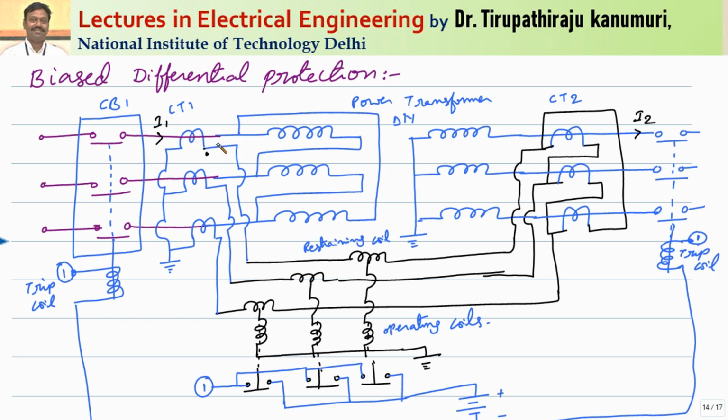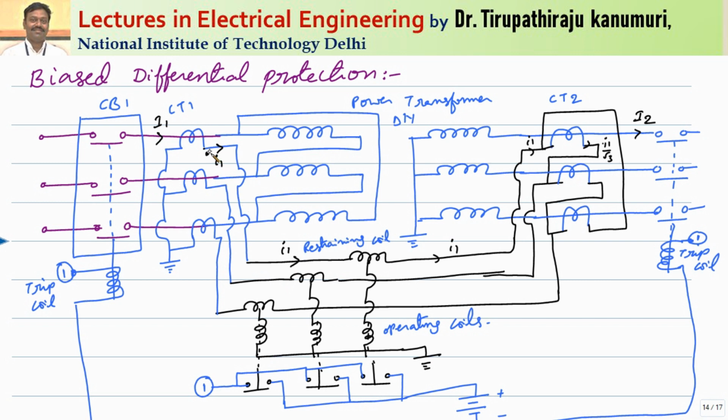So because of this, I1 is produced on this side. This I1 will pass through your pilot wires. Under normal operating conditions, this same I1 will pass like this, and this I1 will come here, and inside, per phase, this I1 divided by root 3 will pass in this phase. That means in this phase the current will be equal to I1 divided by root 3. So this primary side current is I2, and the secondary side will be I1 divided by root 3 in the CT.